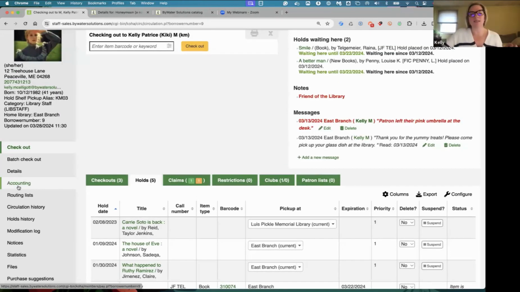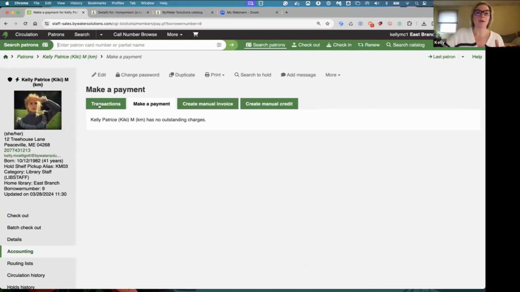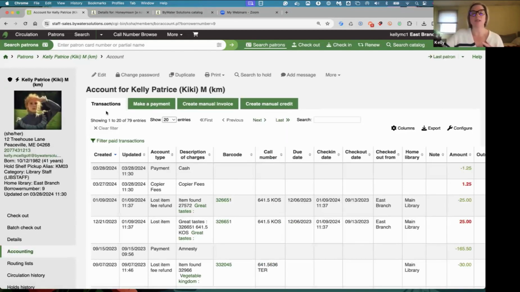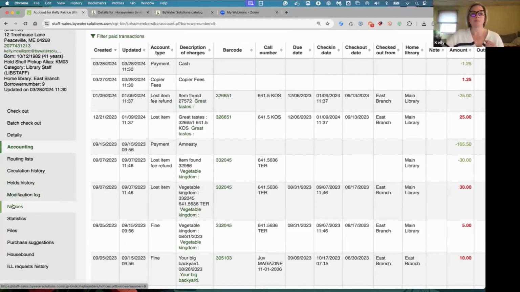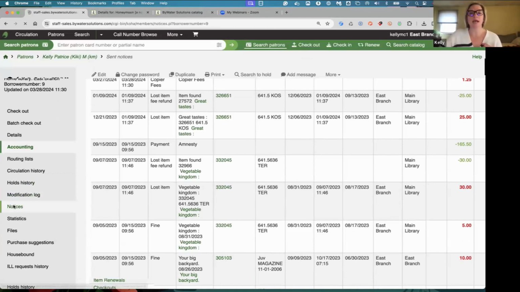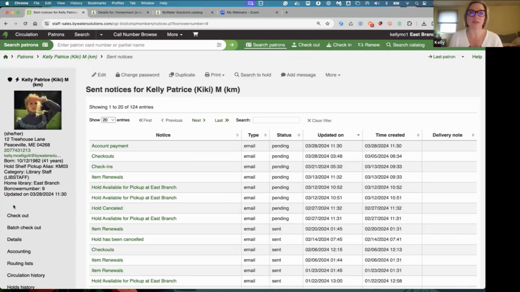Over on the left-hand side, I'm able to see any transactions, payments, fines in my patron's accounting module. I can see and charge patrons using this create manual invoice or take payments right from the desk. Something that I love, love, love is I have the ability to see notices that are sent to the patron. So I can see all the notices, in what way they were sent to the patron, when they were sent